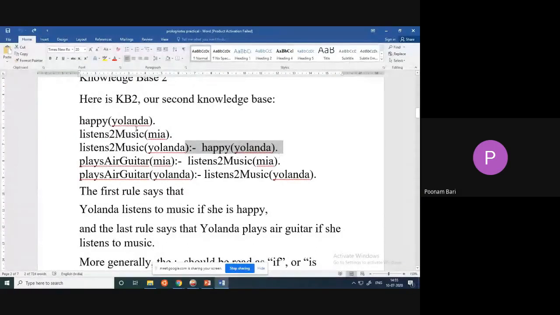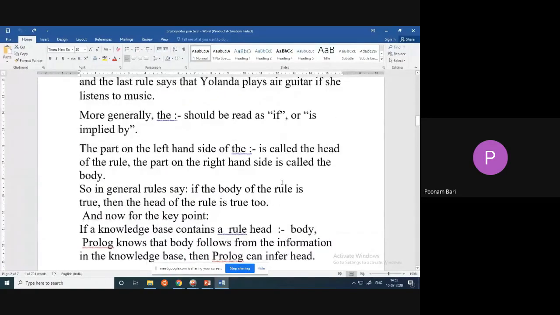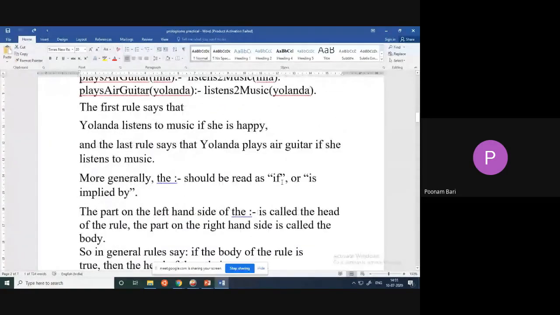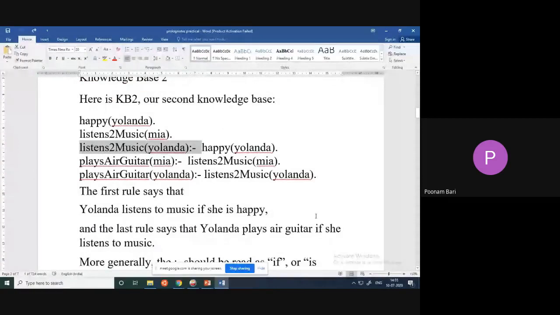So happy Yolanda is there in your file, then only it will give true. Hopefully you understand. If you want, you can try it. Otherwise, we'll go for the next part.